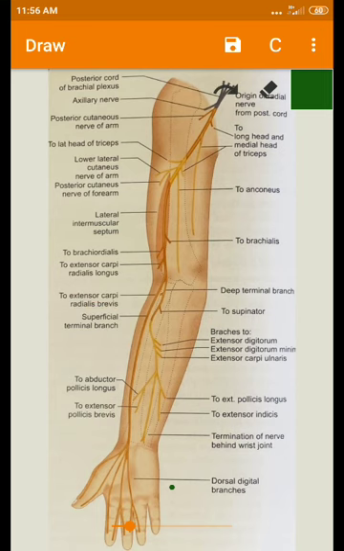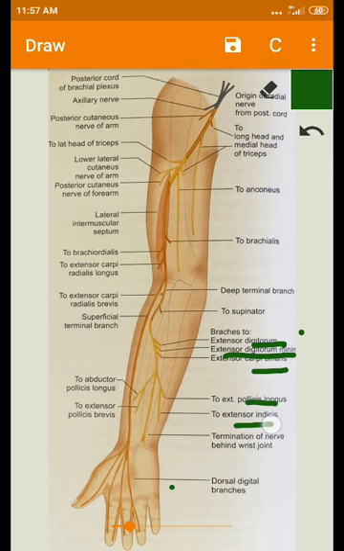Okay, and then in the posterior compartment, it gives branches to the extensor digitorum, extensor digiti minimi, and extensor carpi ulnaris, and also extensor pollicis longus,